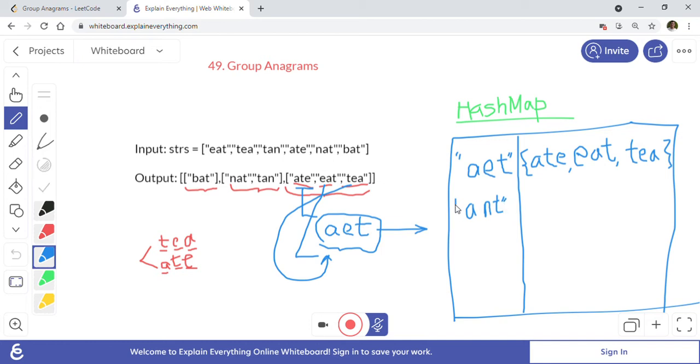This is the string, and if you look at the list, it will have the actual words TAN and NAT. We will just append these to our list. NAT will be one of them and the other word will be TAN.